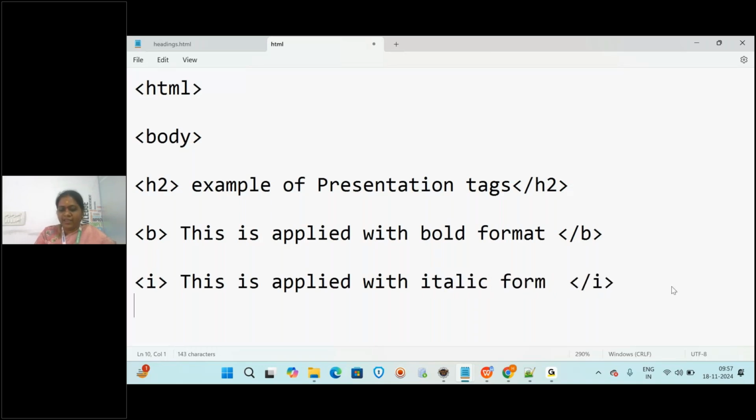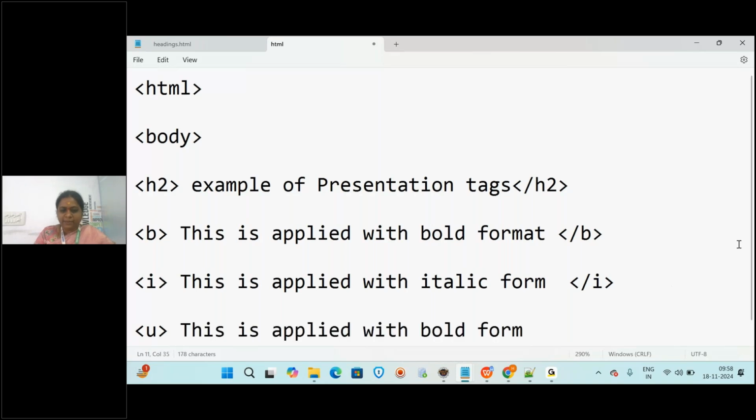And in the same way you can give what? U stands for what? Underline. So now you can see this is applied with underline format. And then close the U tag.